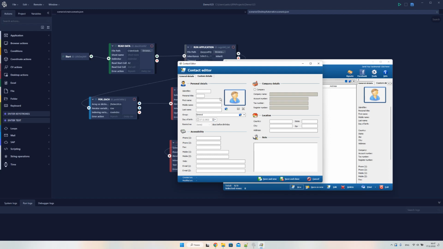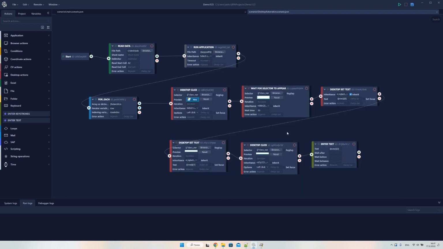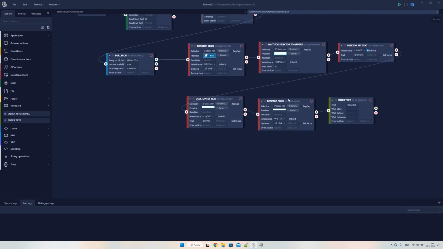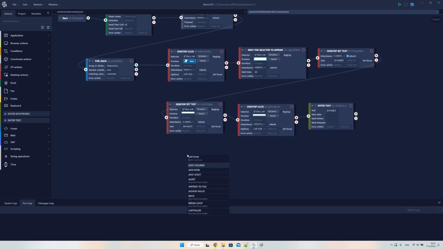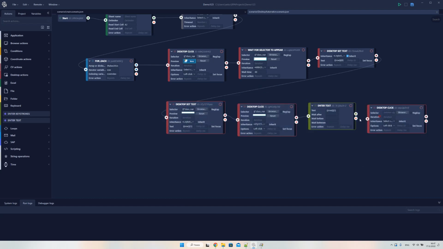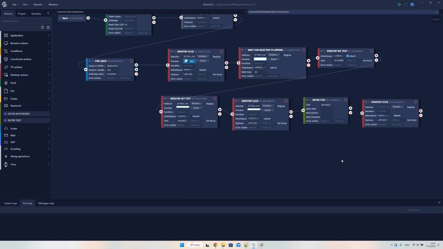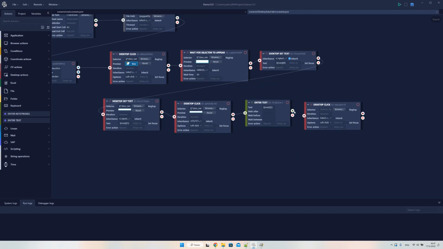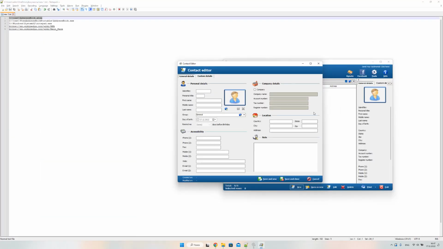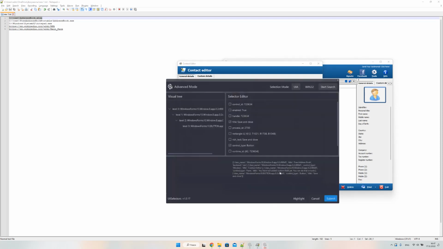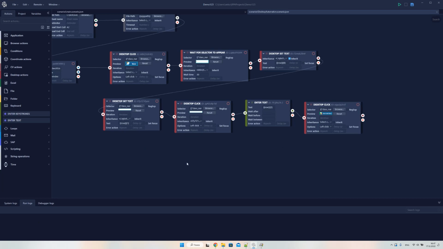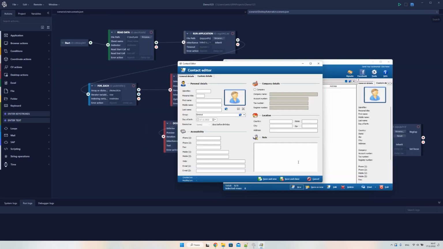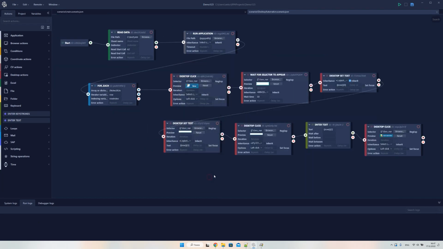So far, we have entered data into the fields. Let's now press Save and Close and see what we have gotten. We add the desktop click activity card. Well, let's move the activities a bit. Connect the cards, click the Browse button, point the mouse to Save and Close, and it's ready. Let's see how the bot will execute. We close the application, start the bot,